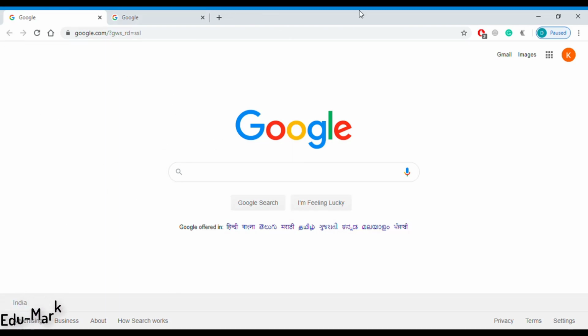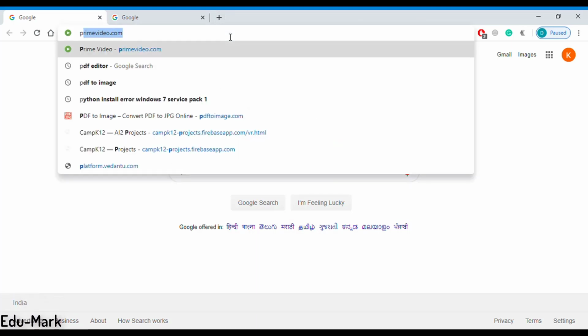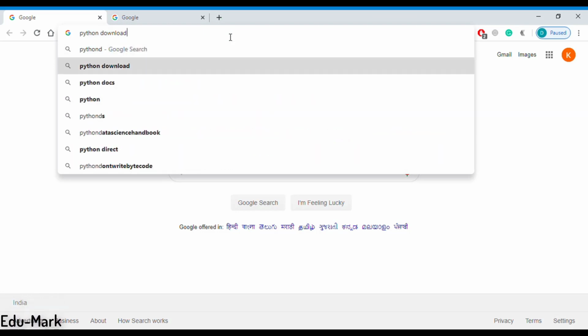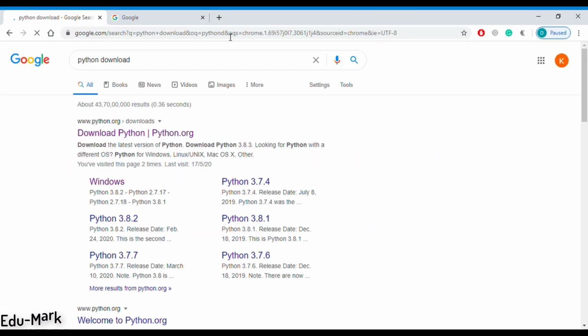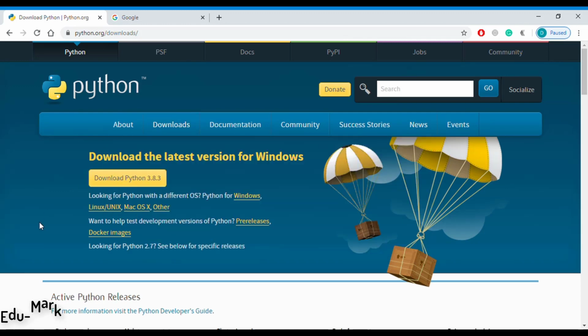As you can see, we need a browser over here. We open the browser, and in the browser we open the Google website. In the Google website we will search for downloading Python. As we can see over here, the Python application website is available. Once I click on the website, it will redirect me to the Python website, that is python.org. I will mention the link of the website in the description so that you can easily access it. As we can see over here, we have come to the site.